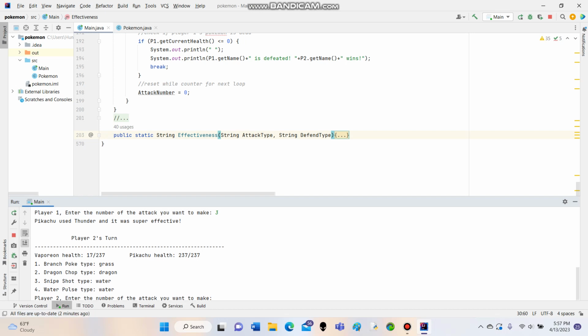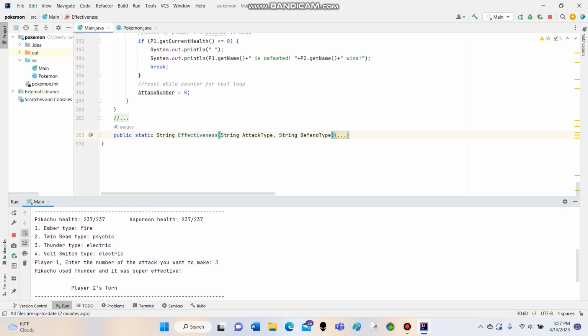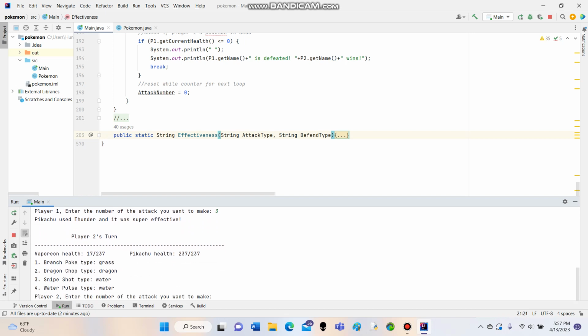So let's just say we want to use Thunder against the Vaporeon. Now, Pikachu used Thunder, and it was super effective, and it did 220 damage, as Thunder does 110 damage, and it's doubled by being super effective. Now it is Vaporeon's turn,